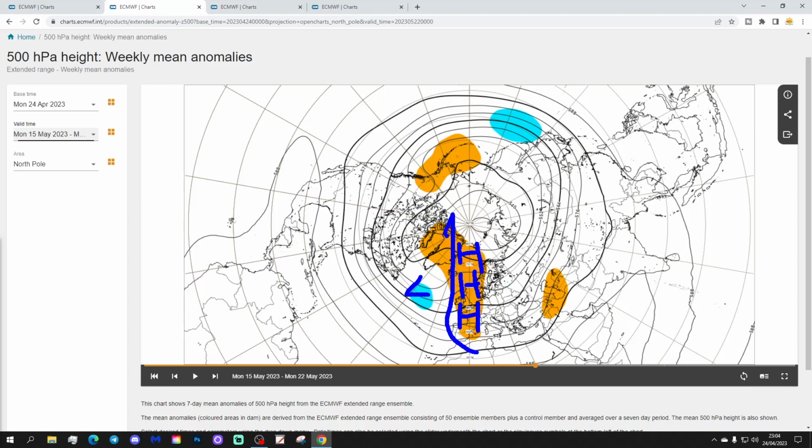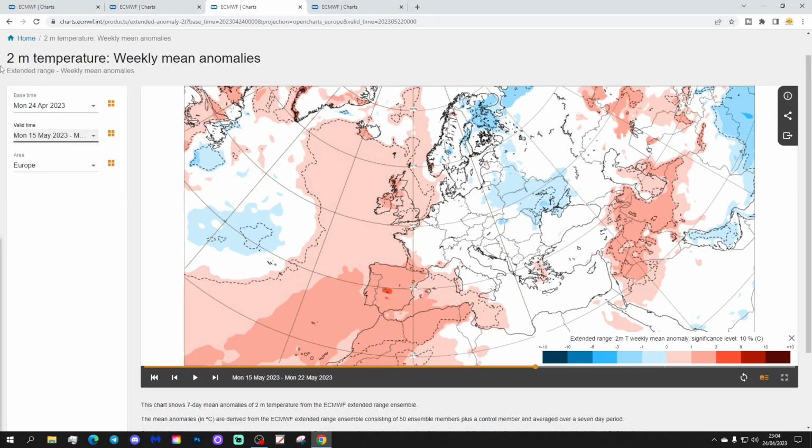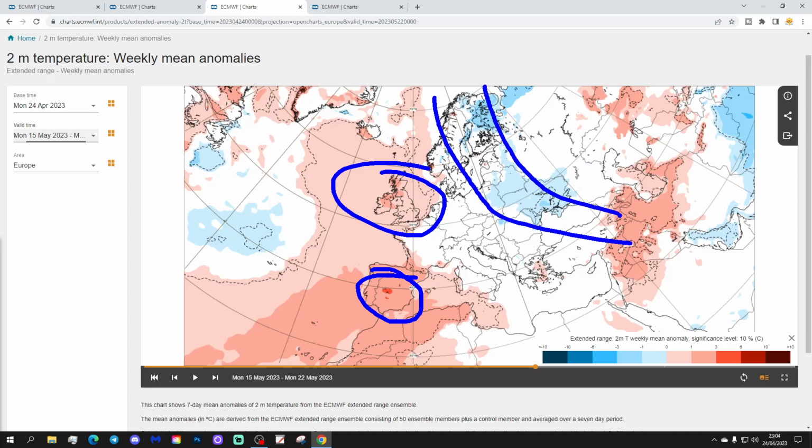Again, presumably some sort of southerly flow is moving up the west side of Europe with that ridge of above average height. So temperatures are lifting up again, becoming very warm or hot into central parts of Spain. You also see the UK and Ireland returning to above average temperatures. Coolest temperatures are over in the east and the northeast of Europe, again around the Baltic Sea, from the Baltic